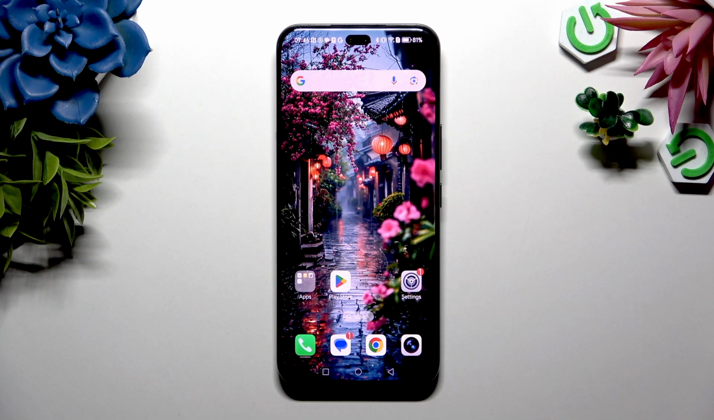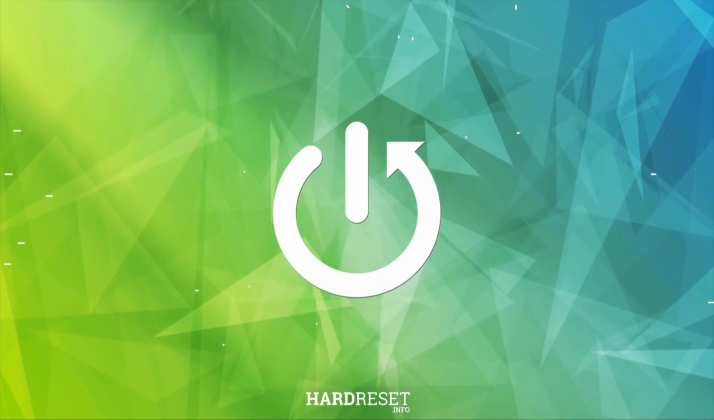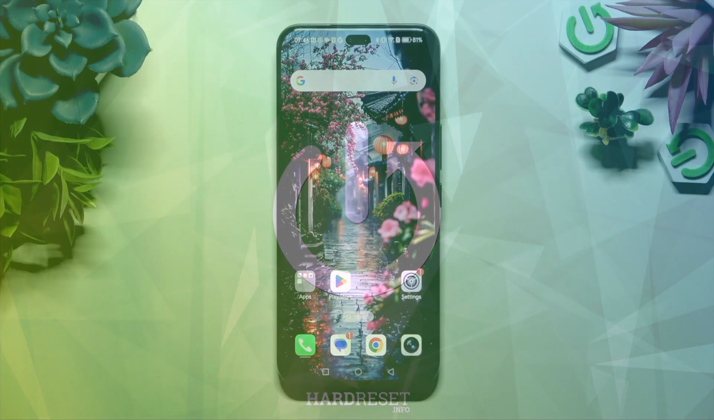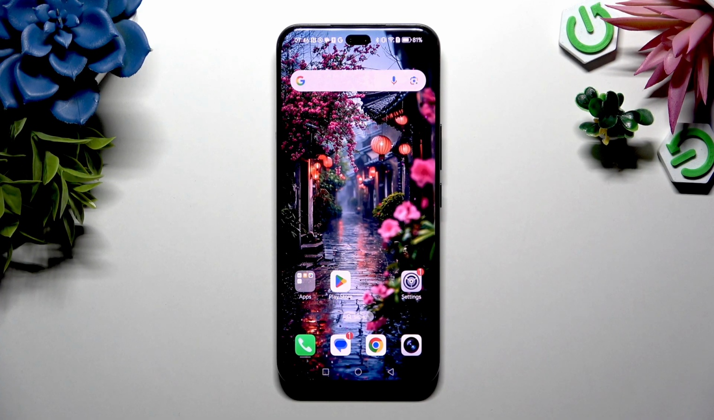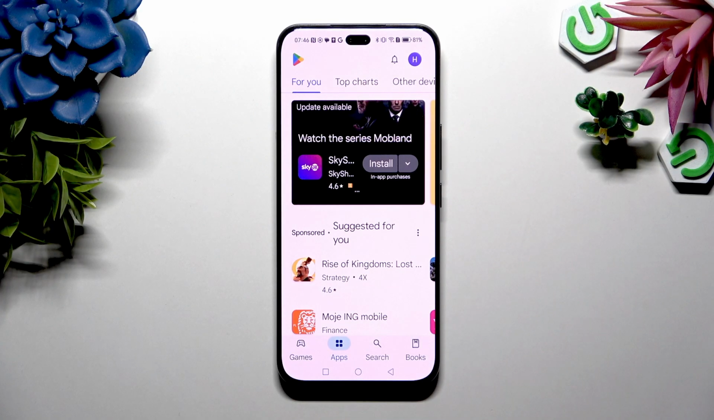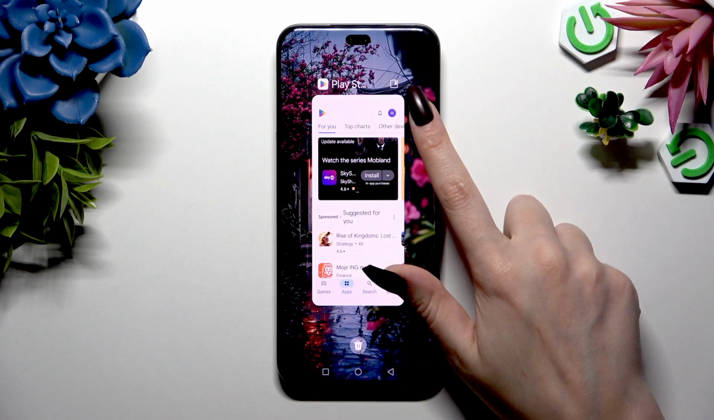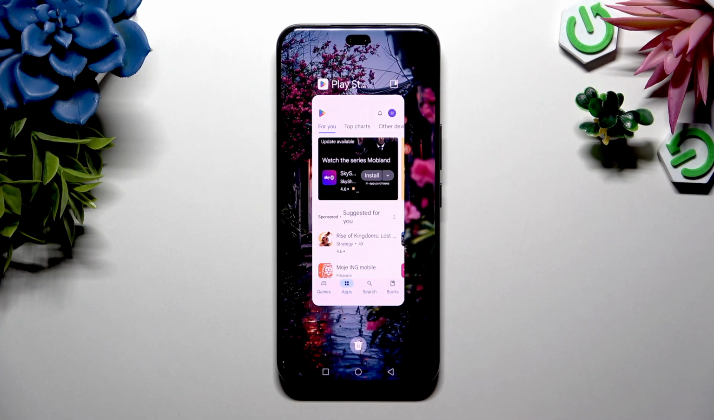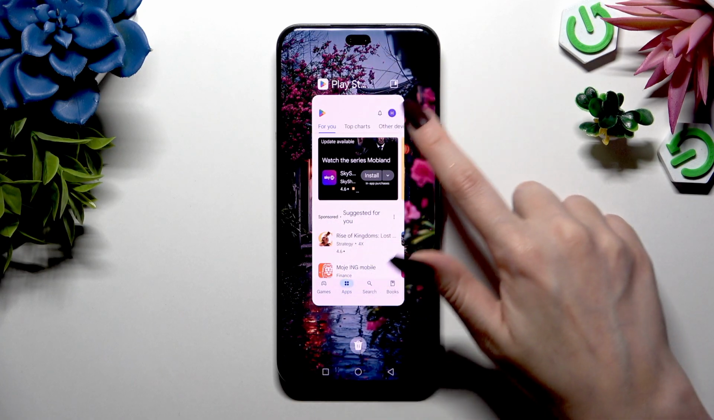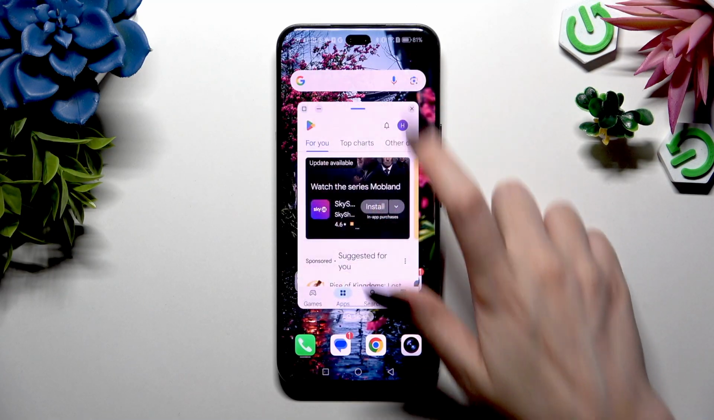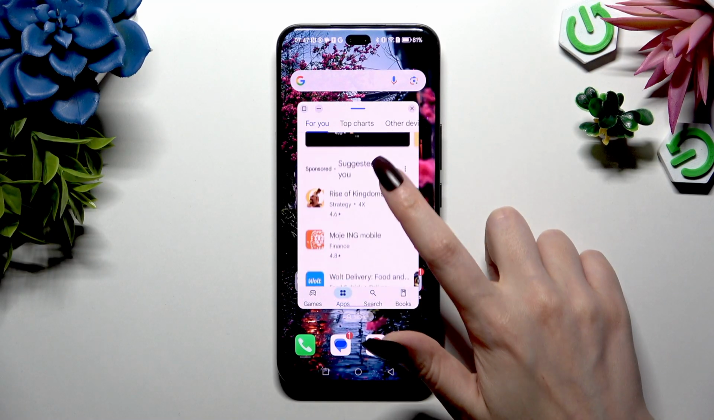In front of me is Honor 400 Pro, and today I would like to show you how you can open apps in pop-up view. Begin by opening an app you wish to use in this view and launching it in the background. Then click on this icon of it at the top right corner, the square one, and enjoy using your app